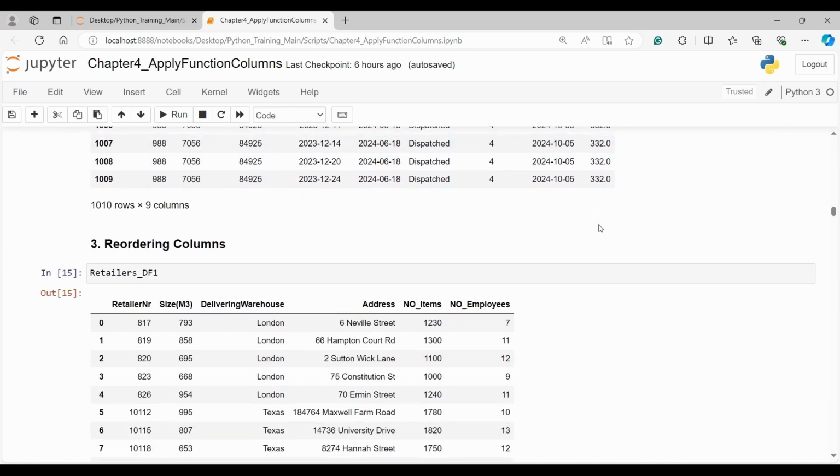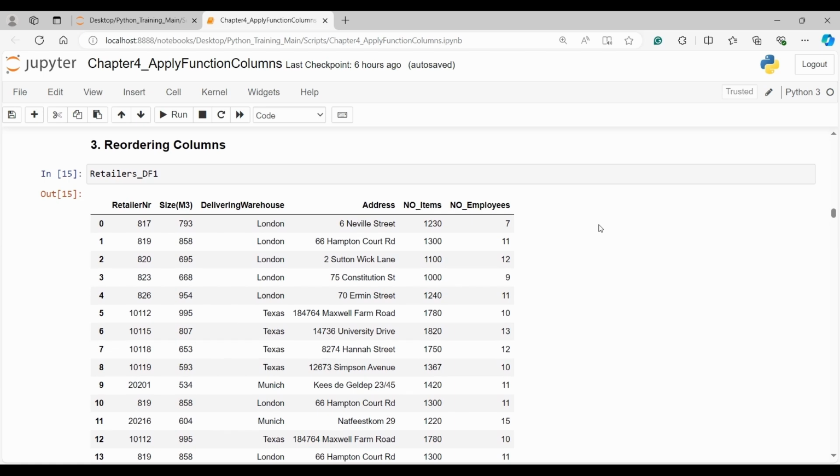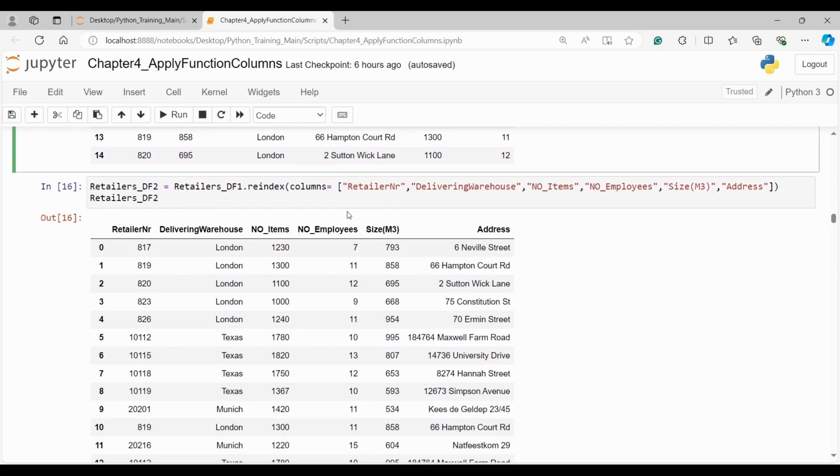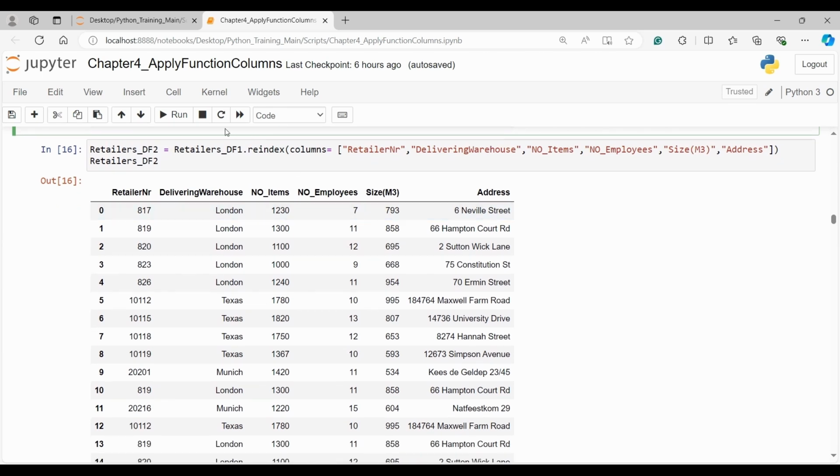Let's see the next example, where I want to explain how to change the position of columns in the data frame. Let's cancel retailers data frame 1, in which we have retailer number in the first position, size in the second position, and so on. Now in the example below, I want to explain how to change the position of the column. So in retailers data frame 1, I want to reindex or reposition the columns, and I want to bring retailers